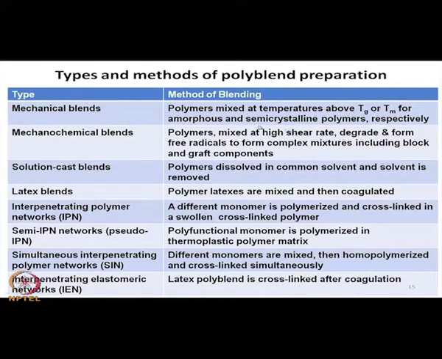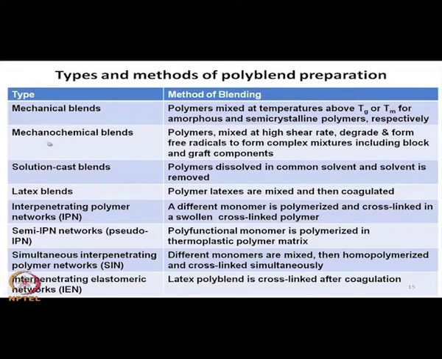Now, if the polymers are semi-crystalline in nature, then the polymers are to be further heated to higher temperature beyond Tg, near to their melting temperature or softening temperature. At that softening temperature, the semi-crystalline component polymers can mix easily and form a blend, that is known as mechanical blending. Now, mechanochemical blending or mechanochemical blend, that is another class of polymer blend which is prepared